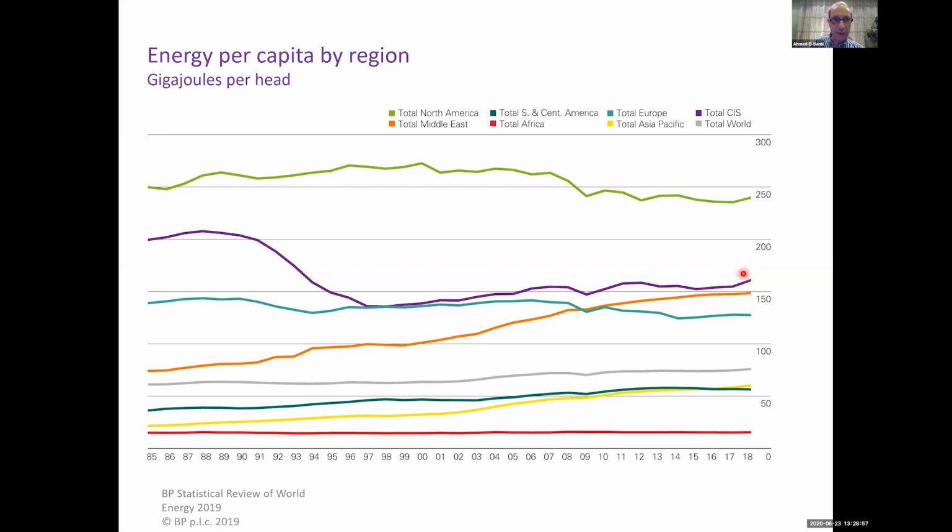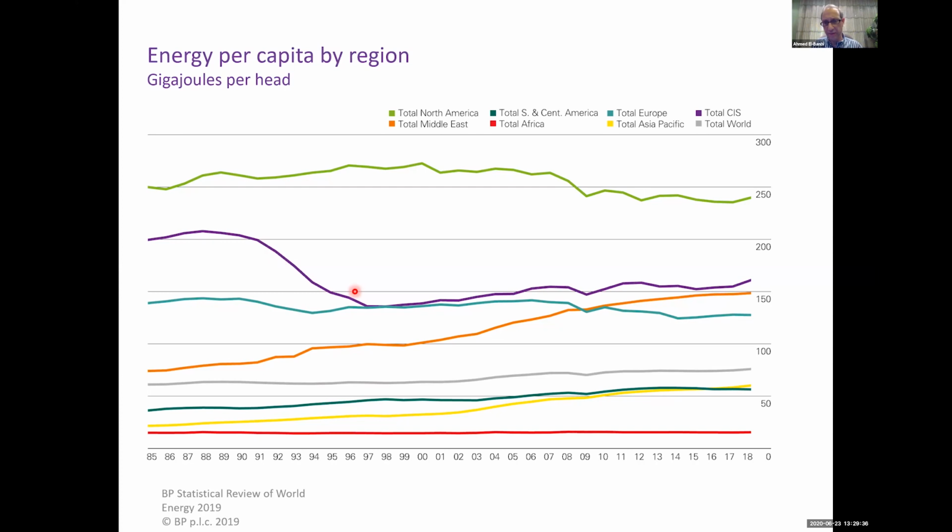This slide is related to what I was talking about. Why do we need more energy? We need more energy because every individual consumes more energy year after year, for air conditioning, for transportation, etc. If you look at energy consumption per capita, per individual, this is the level of North America. Then this is Europe, the dark blue, the light blue, and the magenta here is total